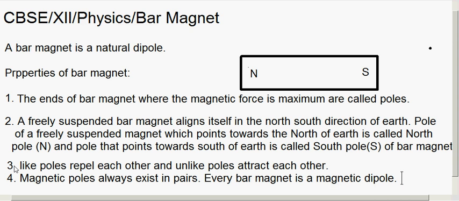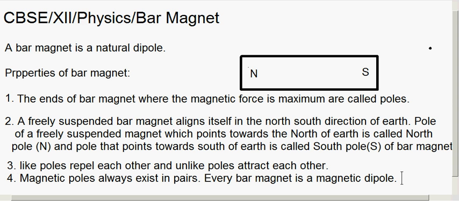There is no single pole magnet. Monopoles do not exist in magnetism. So remember, monopole does not exist in magnetism. Now next we will see some of the definitions, like what is pole strength, what is magnetic dipole moment, and